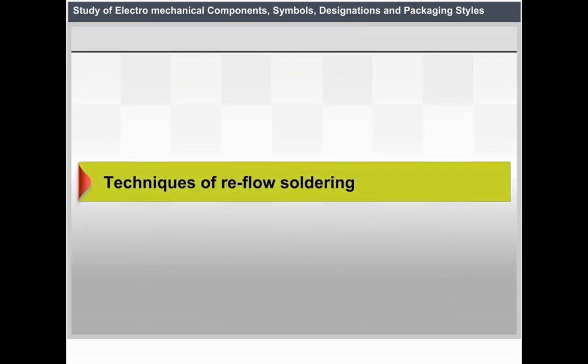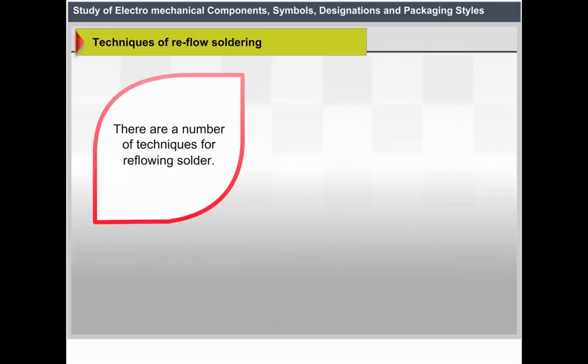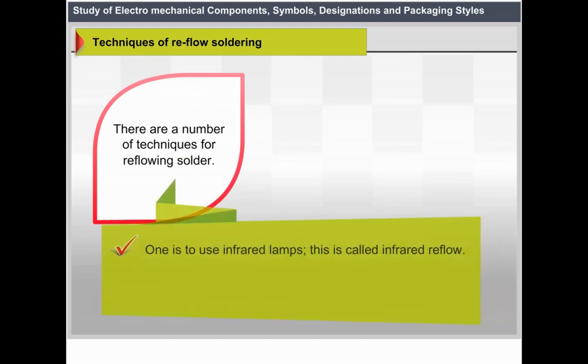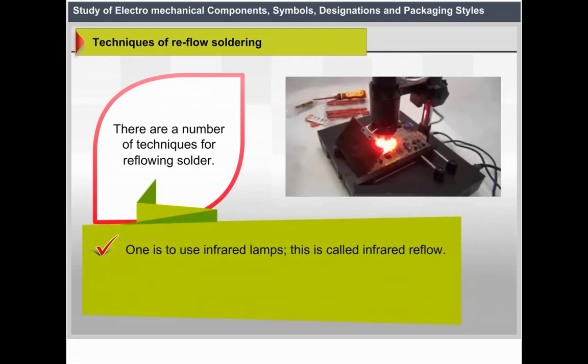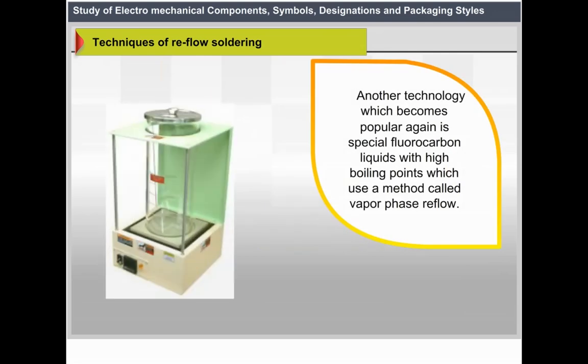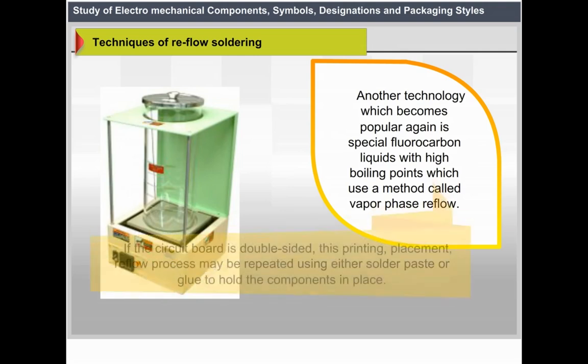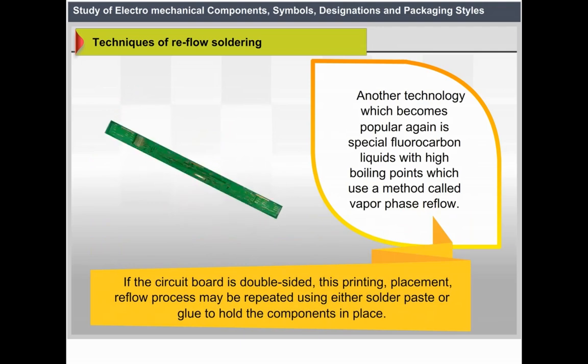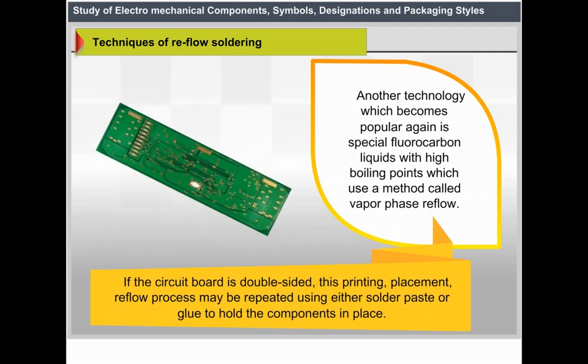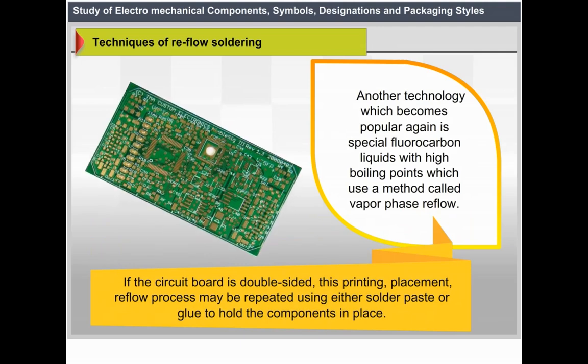Techniques of reflow soldering. There are a number of techniques for reflow soldering. One is to use infrared lamps. This is called infrared reflow. Another is to use hot gas convection. Another technology which is becoming popular again is a special fluorocarbon liquids with high boiling points, which uses a method called vapor phase reflow. If the circuit board is double-sided, then this printing, placement and reflow process may be repeated